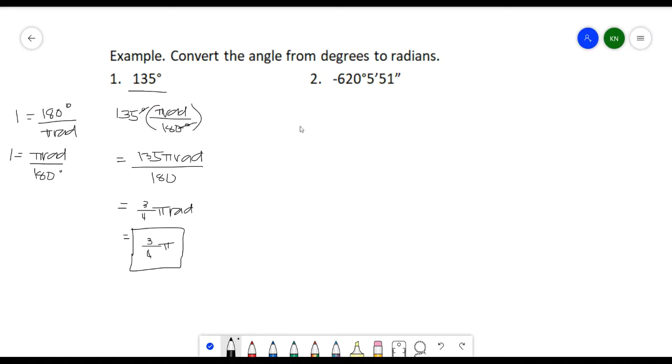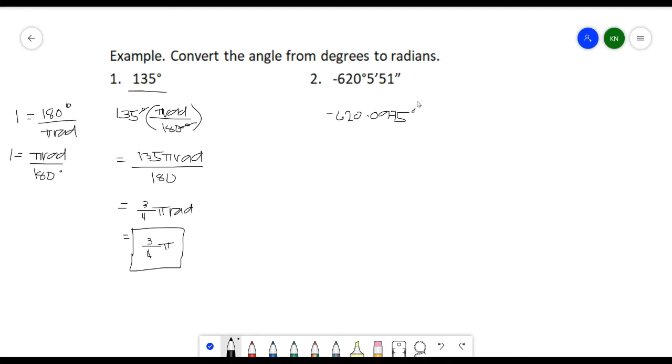Now we'll move on to another example. We have here negative 620 degrees, 5 minutes, and 51 seconds. Now, if you calculate this in your calculator, this is equivalent to 620.0975. From here, this is already equivalent to degrees, since again, this part is the minutes and this part is the seconds. If you combine that, that forms